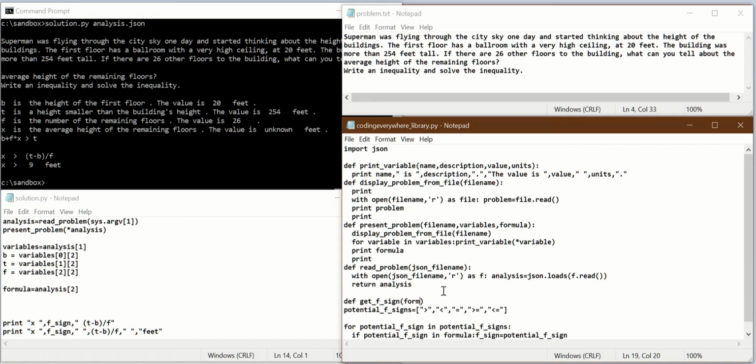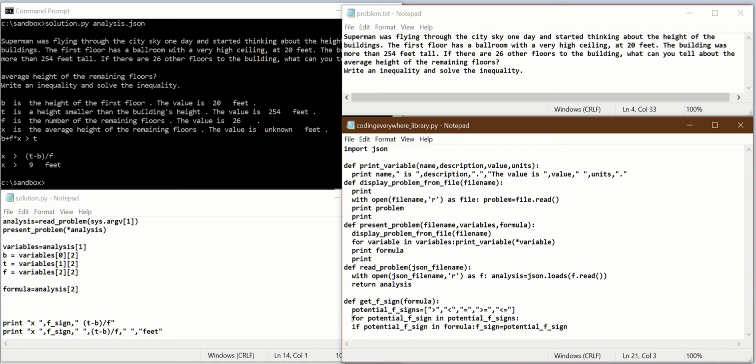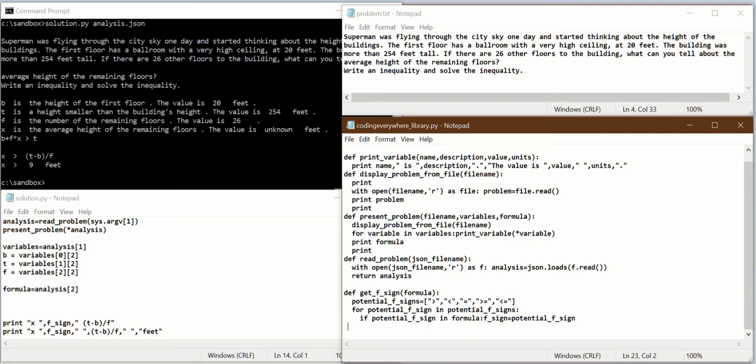The parameter is formula. I will add a colon here, and remember I have to indent the block with the code of the function with 2 spaces, and then I just return the result. The result is in this case f_sign. I will save this file